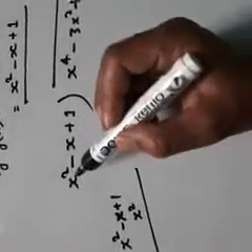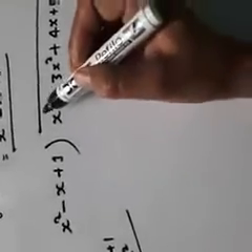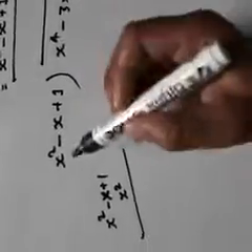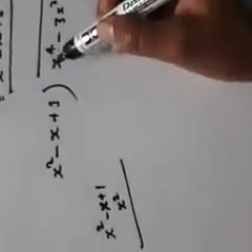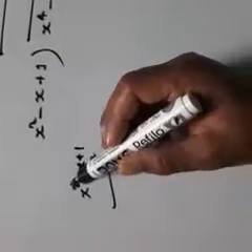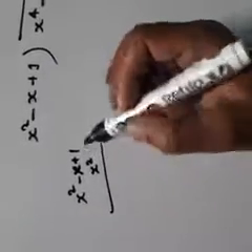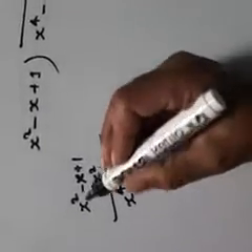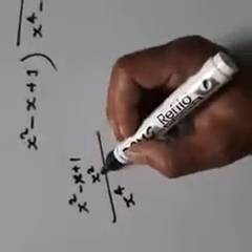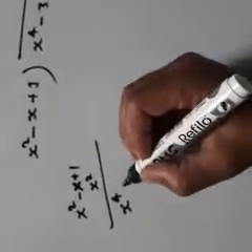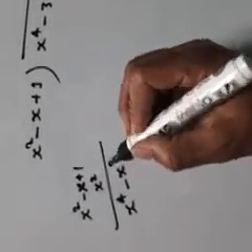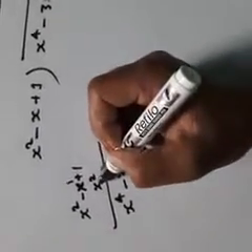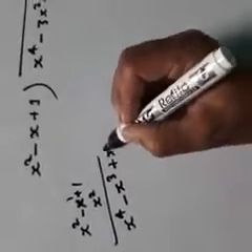So from the first term of the divisor, first try to equalize this term to x raised to the power 4. So how can we make x square as x raised to the power 4? When we multiply this x raised to the power 2 by this x square. So x square into x square is x raised to the power 4, because exponents are added whenever the bases are the same. So x into minus x square gives minus x raised to the power 3, because this x has power 1, so 2 plus 1 will become 3. X square into plus 1 will become x square.